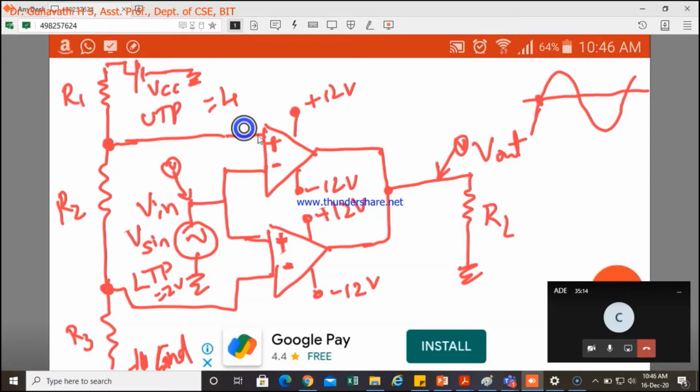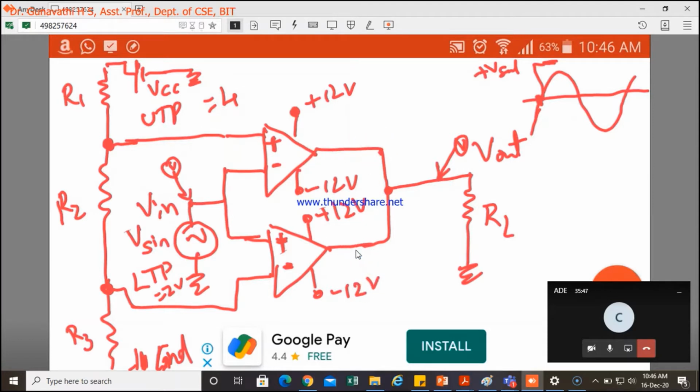High. So here it is 4 volts, here it is 0 volts. High in the sense it is plus Vsat. So output is plus Vsat. So when it is 0 it is plus Vsat. I can't write it here a little bigger, so I'll just write a smaller one. How long will this be plus Vsat? Till this input reaches 4 volts. So this is plus Vsat.